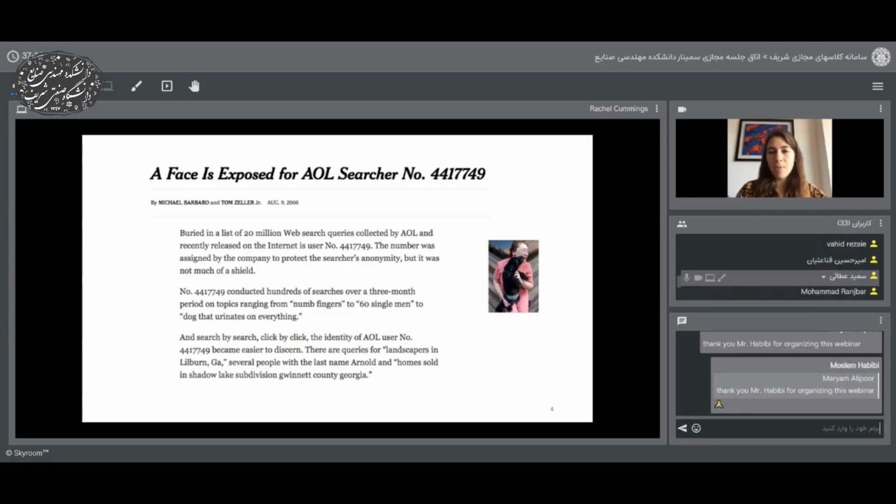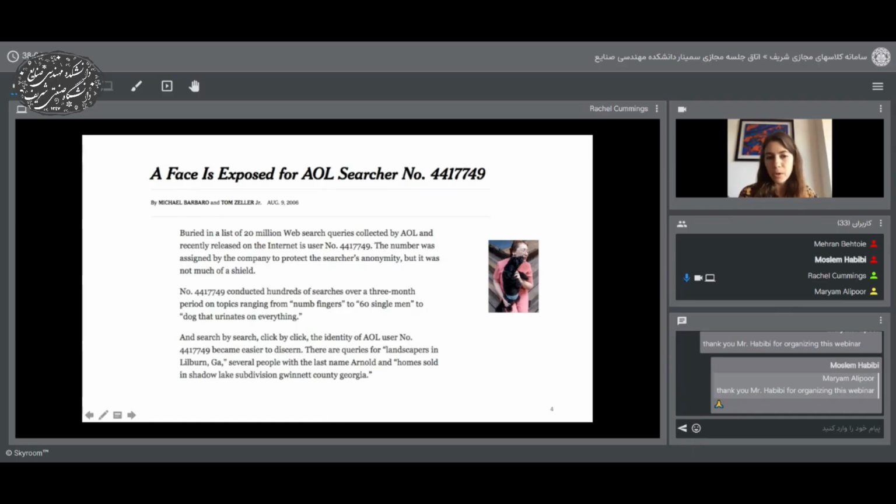And that's what happened here. She searched for services in her neighborhood, people who had her same last name, and also homes sold in a very specific geographical region. And it wasn't very hard for some New York Times reporters to find out who this